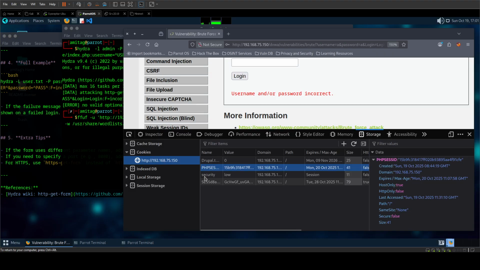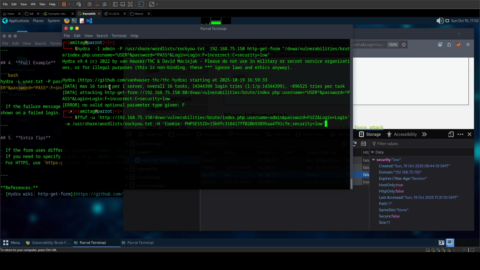So we can see security is low, and the PHP session ID. The other cookies, even if we don't give them, don't identify the session, so it is fine. We don't need to give those. But these two are important cookies for it to identify that we are logged in. So if we run this as is,